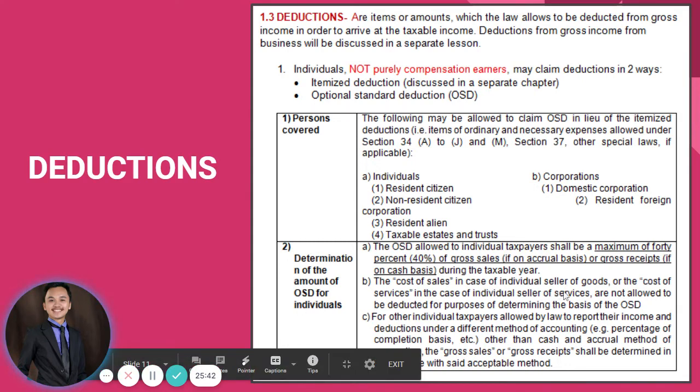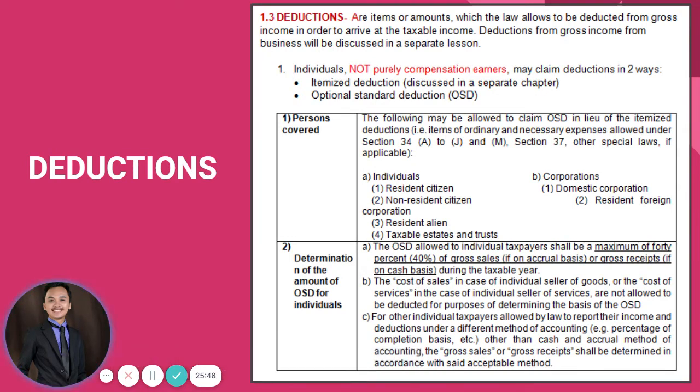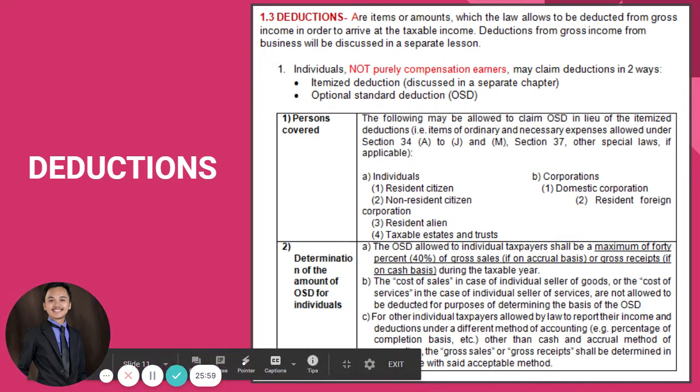But in this case, guys, to compute for OSD for individual, you just remember it's simply 40% times gross sales, no other deduction, gross sales before any deductions or before any adjustment towards your sales. Now, let's proceed with